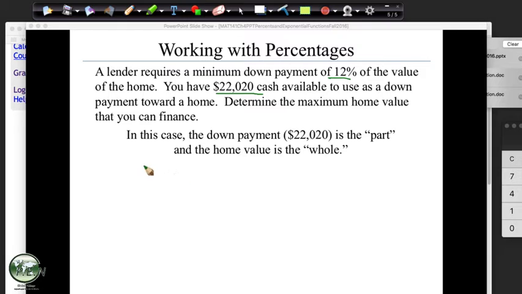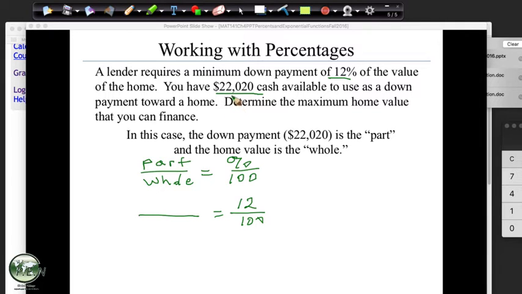Okay, so the cool part is when we recognize this, and I'll just keep writing the proportion. We've got part over the whole equals percent over 100. Notice there's only 3 places to put things. They gave us something with a percent, so we know that this percent part is going to be replaced with 12. And so now we've got this fraction. We're going to have either the top or the bottom. So what is going to be the part? What's going to be the whole?